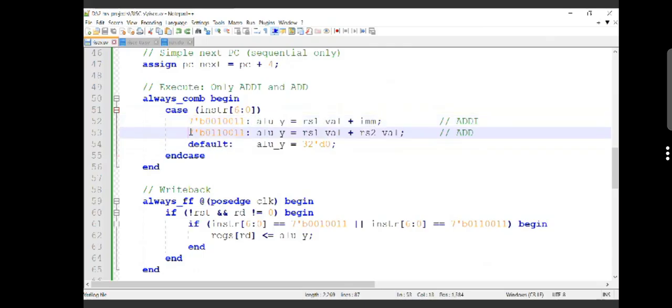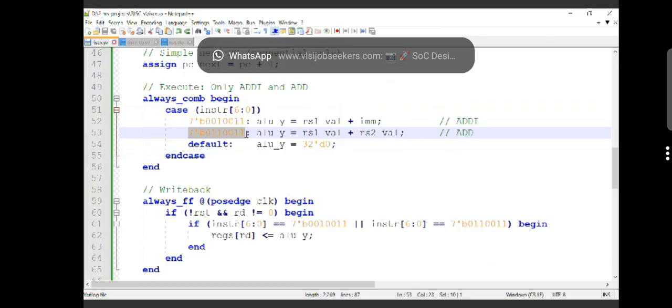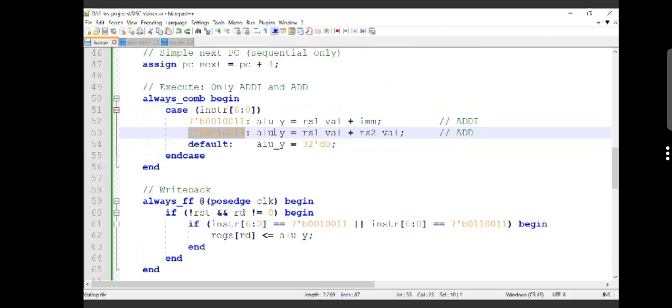For suppose if you are giving this type of 7-bit instruction, then it will take the value of your source 1 register and source 2 register, whatever values you have read from them, both will be added and that output will be generated to your